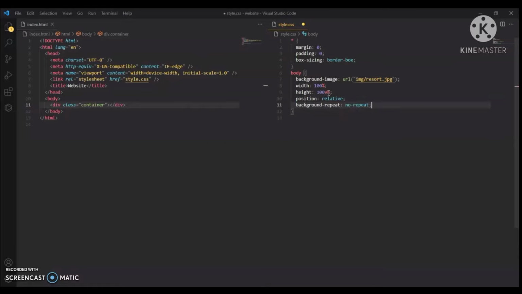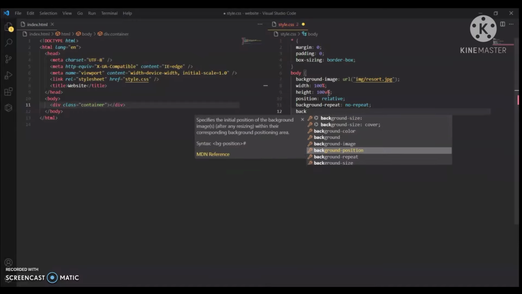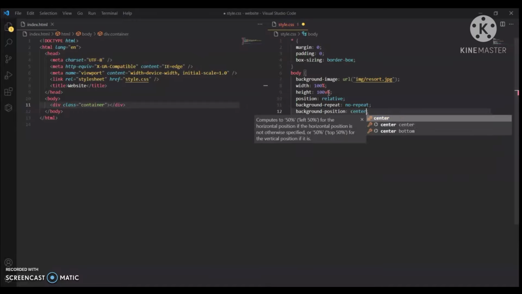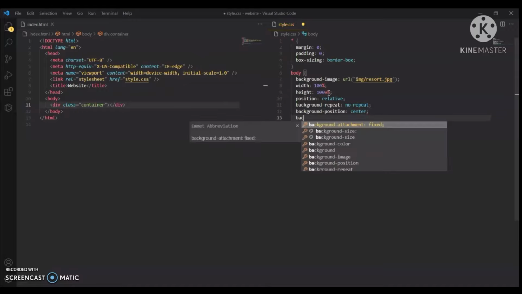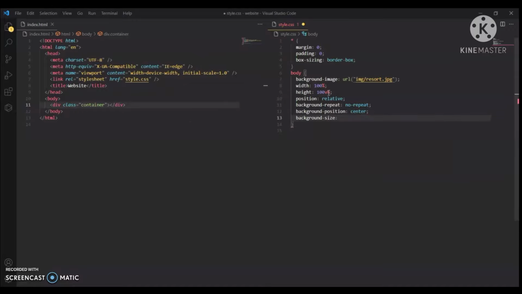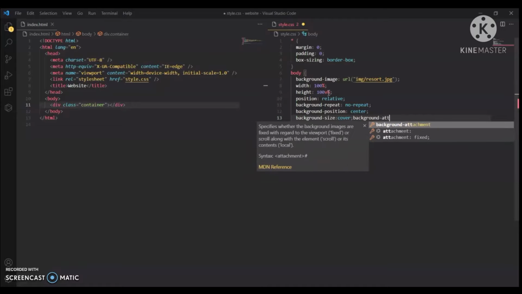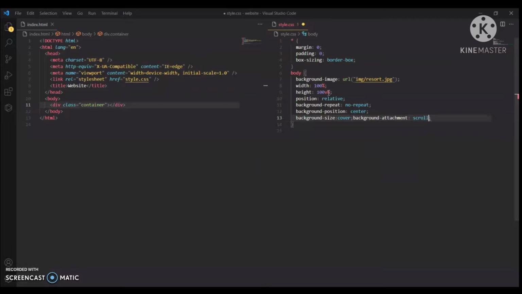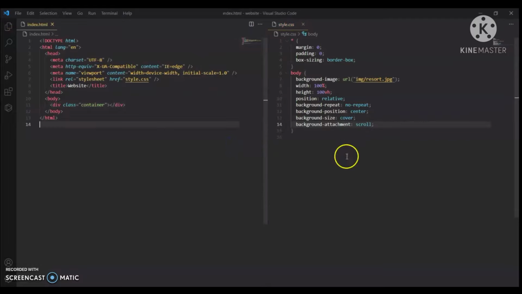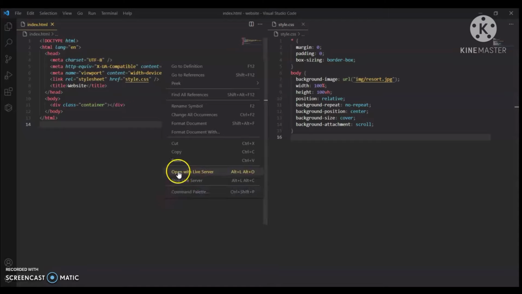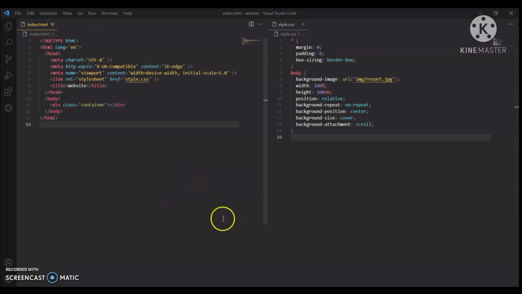To avoid this, we use background repeat, no repeat with some other basic properties. So we will see the output.